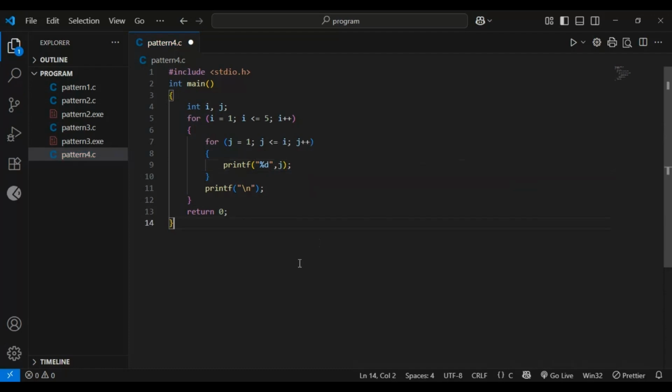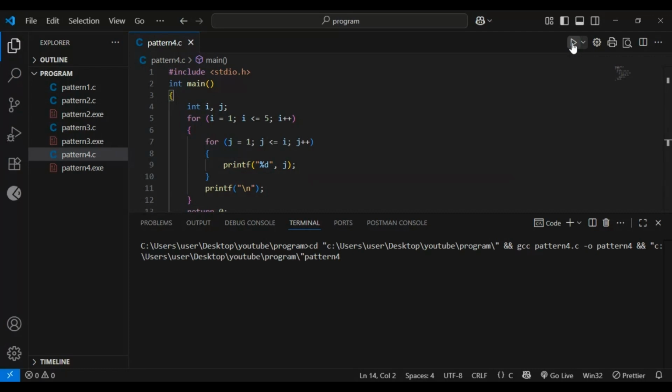Let's save and run this program. From this, we completed our pattern number 4.